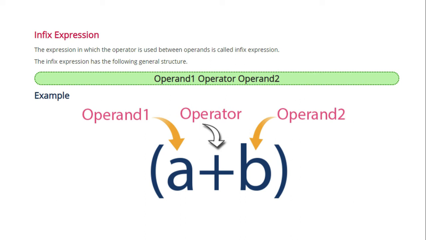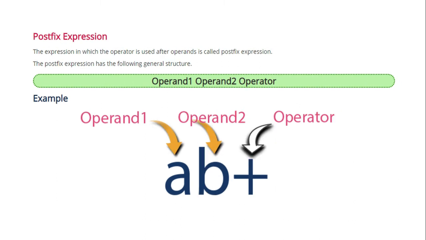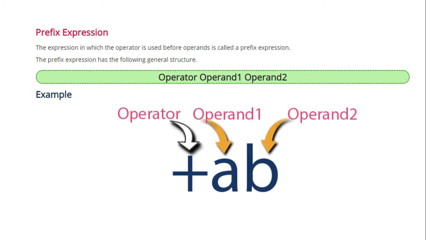And postfix means the operator will appear at the end of the operands. First you write all the operands, and finally you mention the operator, and that is called a postfix expression. Like the incremental operation, i plus plus, that is a postfix expression. And a prefix expression means you write the operator first, then you write the operands. That is the prefix expression method.